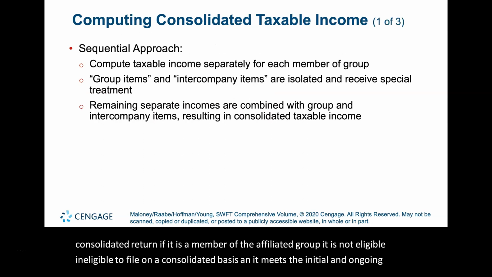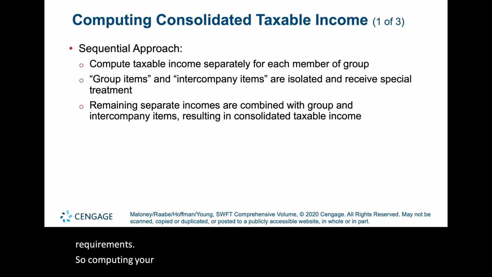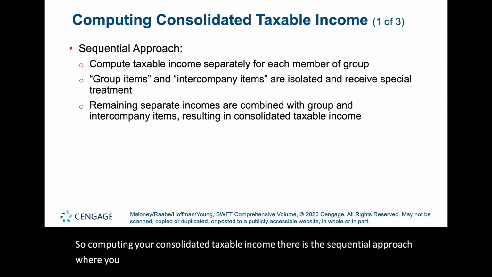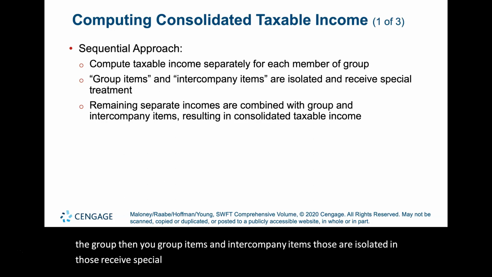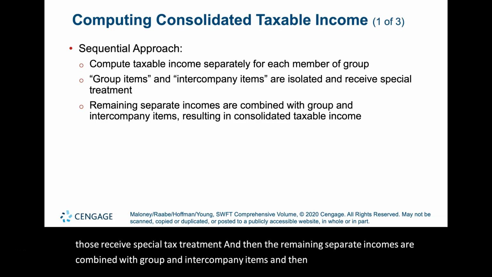So computing your consolidated taxable income, there is a sequential approach where you compute the taxable income separately for each of the members of the group. Then you group items and intercompany items. Those are isolated and those receive special tax treatment. And then the remaining separate incomes are combined with group and intercompany items, and then you get the consolidated taxable